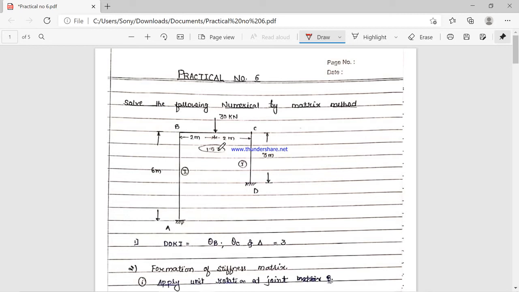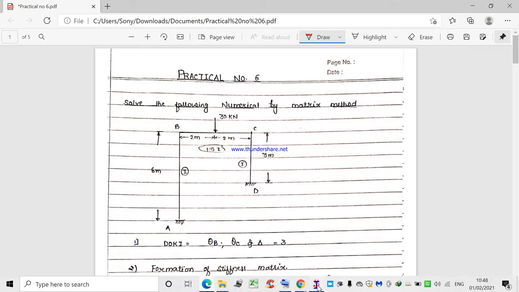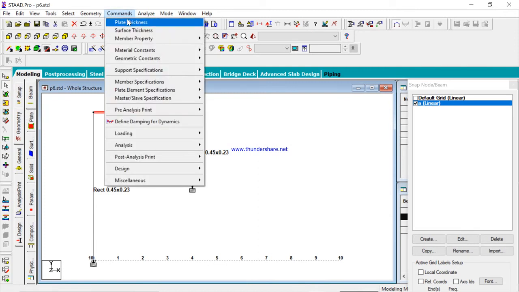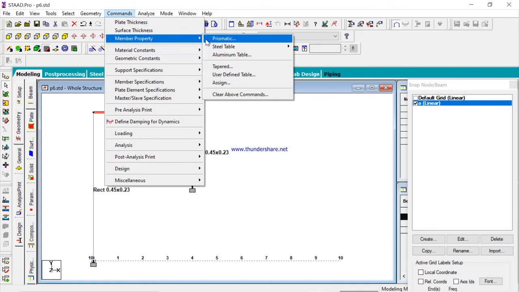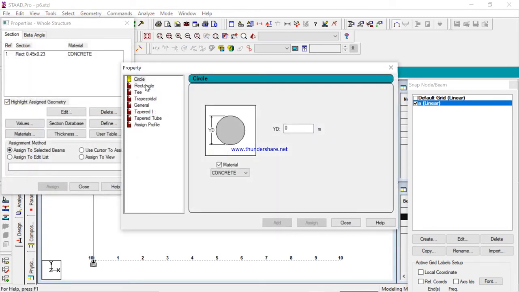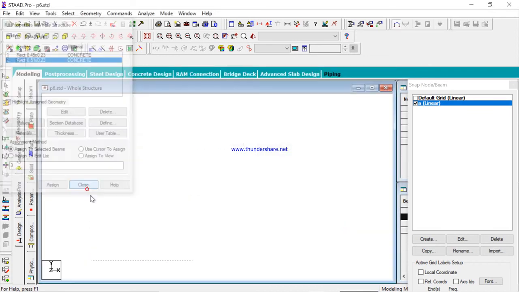If you calculate, the depth factor will be 0.51. So here what we have to do is select the beam, go to the command, go to member property, prismatic section, then go to the rectangular section. Here the depth is equal to 0.51 and ZD is equal to 0.23 as it is. Then assign, then close, like this.